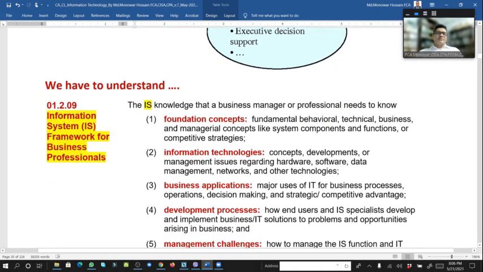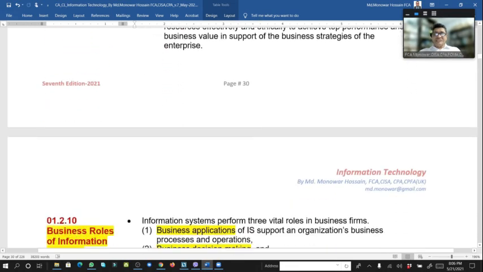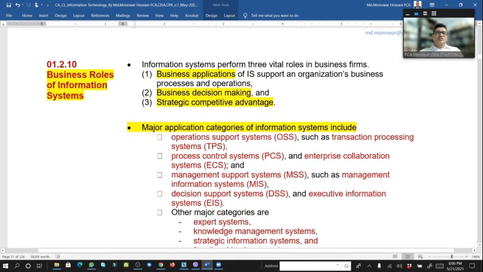Information system fundamental business process we have seen, that means we have to understand the fundamental concepts: information technology, business application, development process, management challenges, and business role of information. We have seen here: business application, business decision making, strategic competitive advantages, and major applications